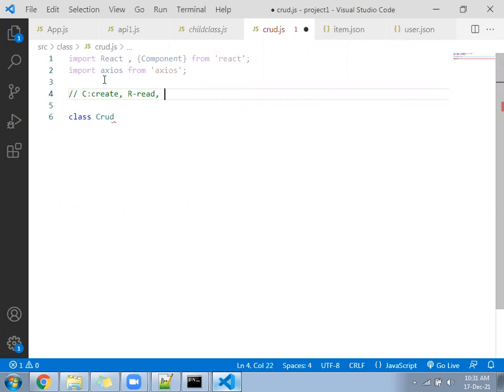U for update: you are able to modify the data. And D for delete: according to user need, you give them the option to delete also. All of this is required, so let's move on.